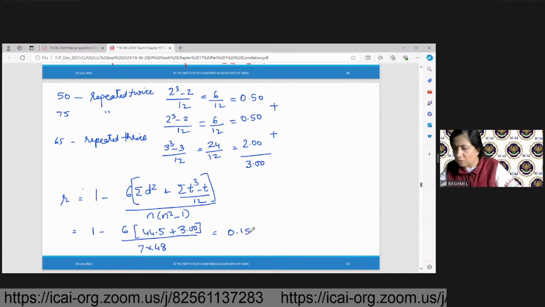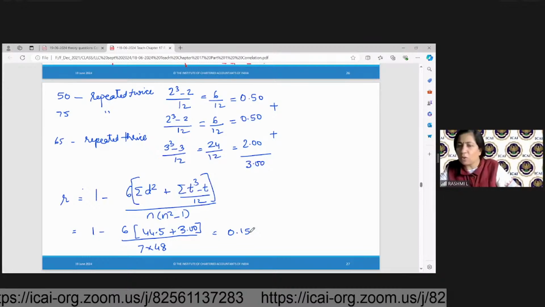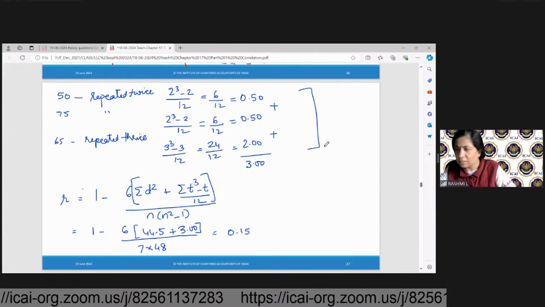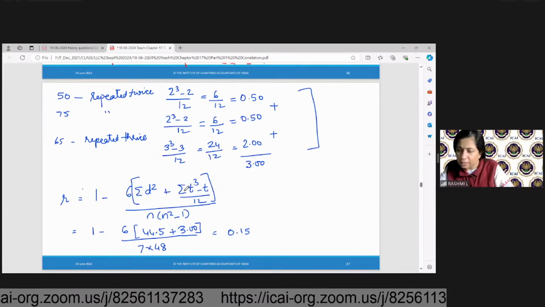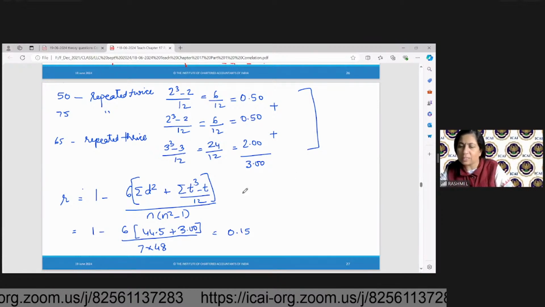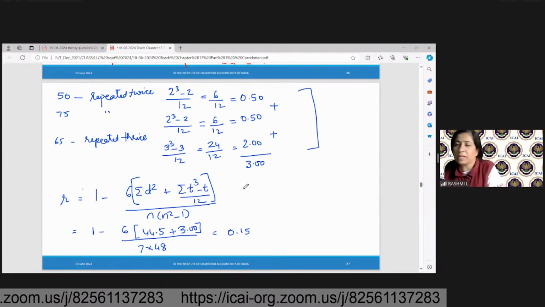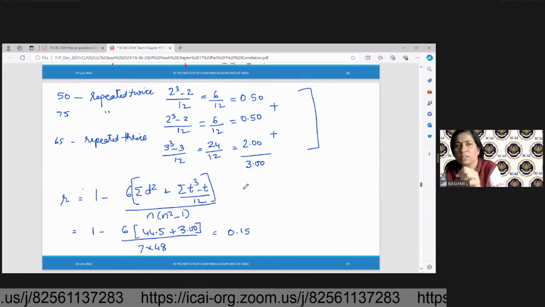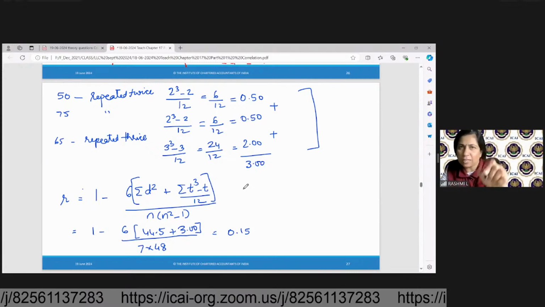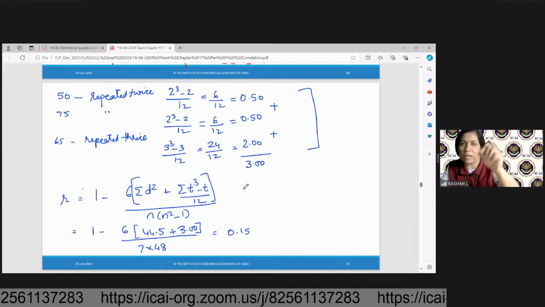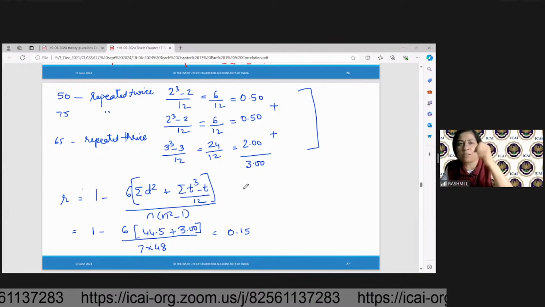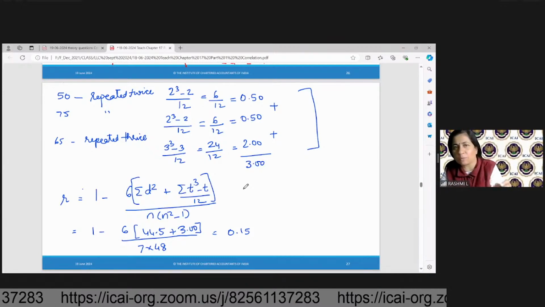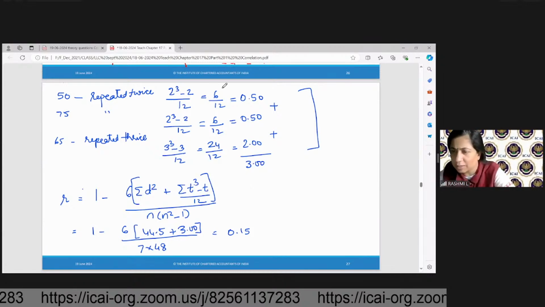Yes, everybody's got it now. Have you all understood this? In the book they will show it simultaneously. So what happens is that in the paper you also don't have so much space, so just do it there itself. जहाँ 50 लिखा रिपीट हुआ वहां पे तुरंत उसको कैलकुलेट कर लीजिए, जहां पे 65 रिपीट हुआ वहीं पे कैलकुलेट कर लीजिए, उनको सबको बस ऐड करना है आपको. ओके.